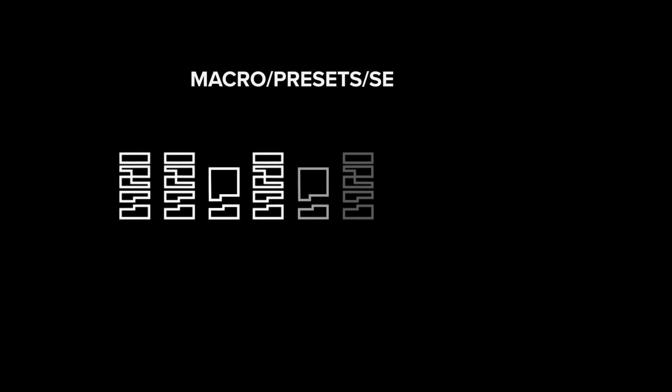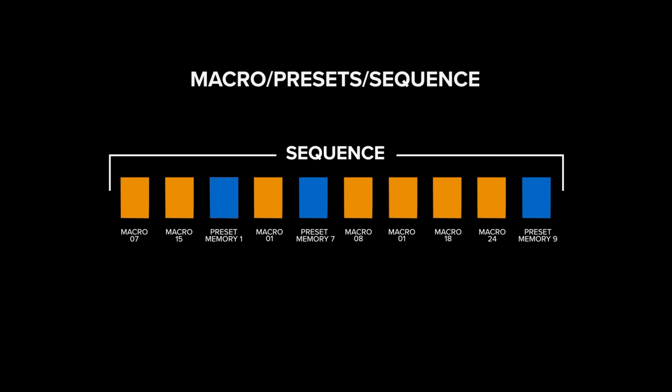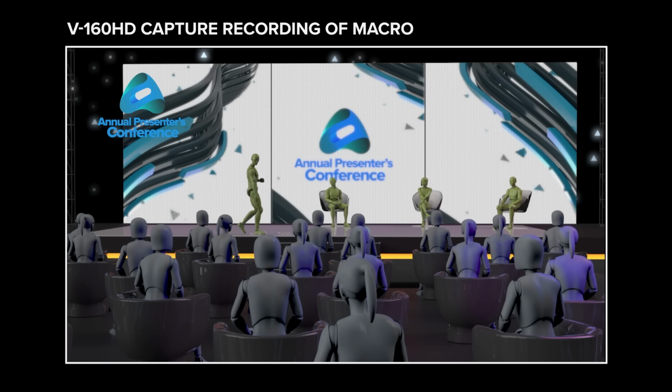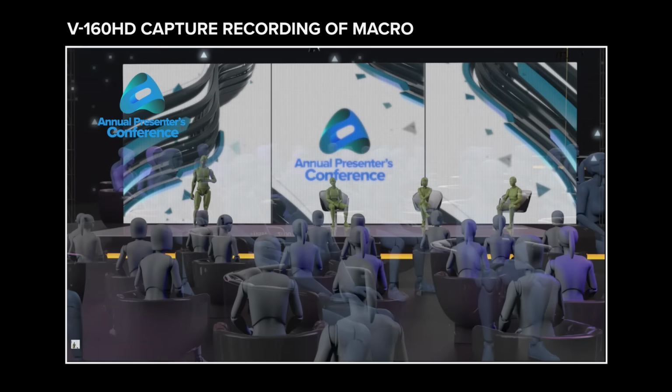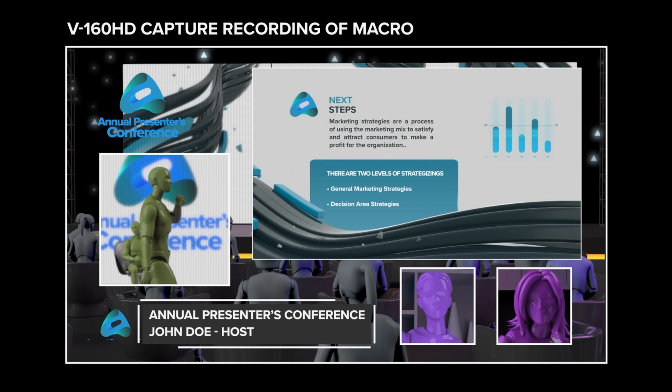Newly designed macro automation allows single operators to manage dozens of show cues with the push of a button. Program scenes ahead of time and trigger them using the sequencer function. And with hands-on controls, you can trigger simple or complex cues including input switching, camera presets, timed effects, and layer